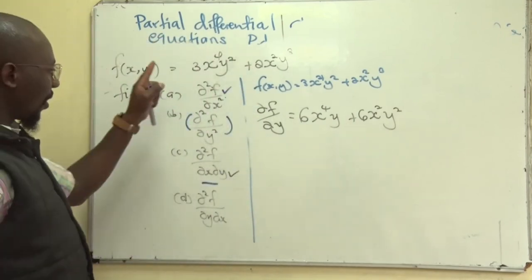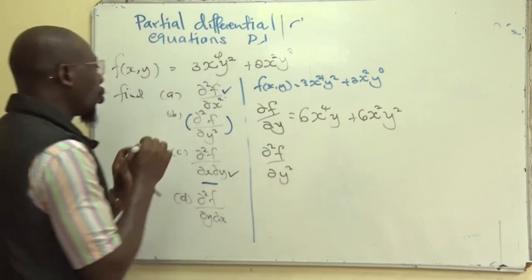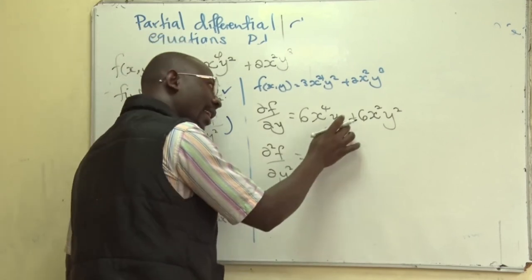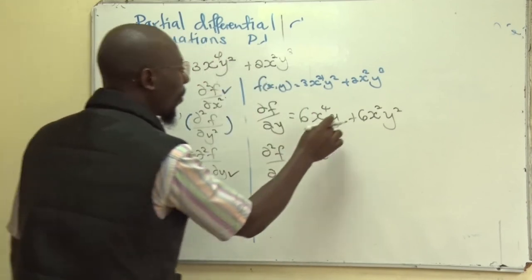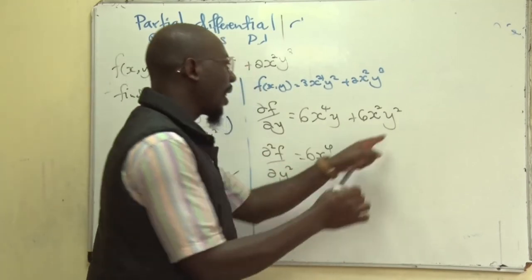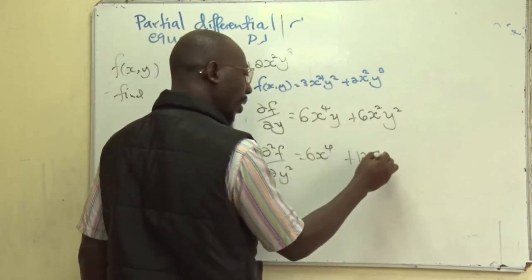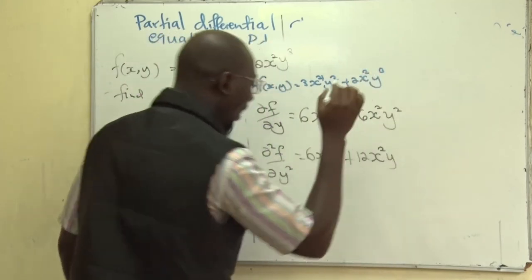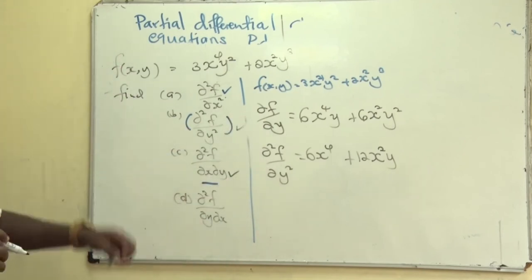Then again, you now differentiate this further with respect to y for you to be able to solve B. That one, x is still a constant, the power of y here is 1, 1 times 6 is 6, x is a constant, it still remains power 4, the power of y reduces to 0, any number raised to power 0 is 1. Then you add, here the power of y is 2. 2 times 6 gives you 12. X is treated as a constant in that case. Then the power of y is 2, 2 less 1, it goes to 1. So you solve for d squared f over dy squared.